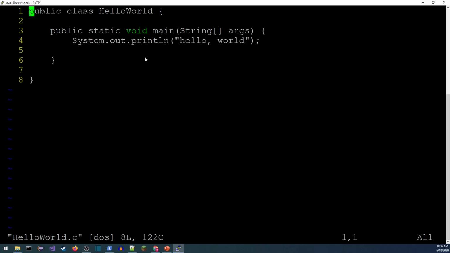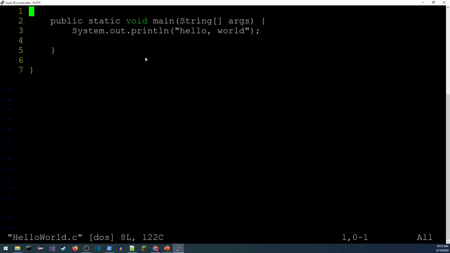Now this is still Java code. First thing I want to do is convert this into C code. All right. First major difference is C does not have classes. It's not an object-oriented programming language. It's a procedural programming language. So I'm in command mode. I'm going to get rid of this class line. In Vim, it's just dd will delete a whole line, and I need to get rid of that last curly